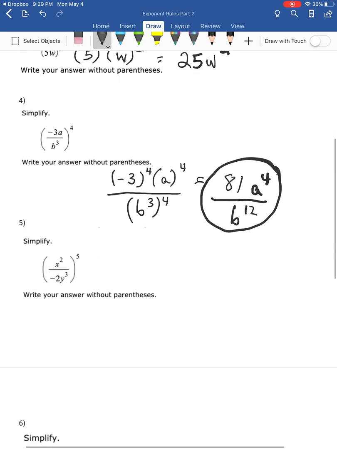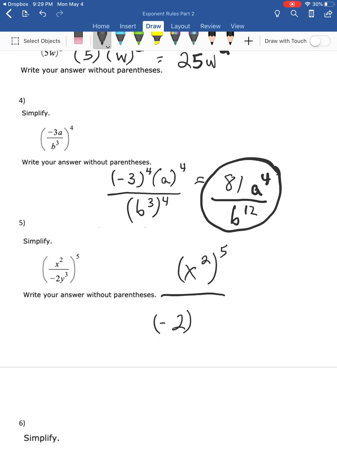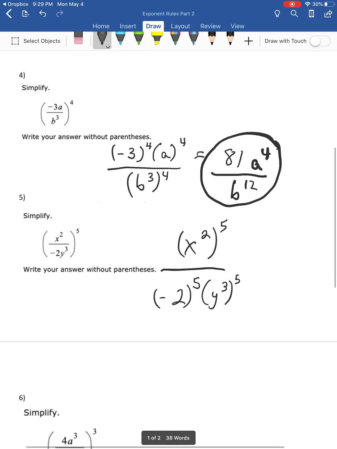All right, so number 4, pretty much the same deal as number 5. That's going to be x squared to the 5th over negative 2 to the 5th, y cubed to the 5th. Simplify, that's going to be x to the 10th. Okay. Negative 2 to the 5th, negative 32,